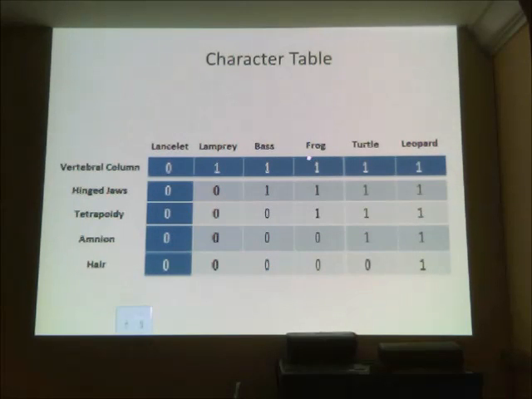The frog has a vertebral column, hinged jaws and tetrapody. The turtle's got 4 of them. In addition to everything else, it has the amnion, and the leopard has all 5. It's got an amnion, tetrapody, hinged jaws, a vertebral column, but it also has hair. And we can use this information to construct a phylogenetic tree, which we're going to do on the next